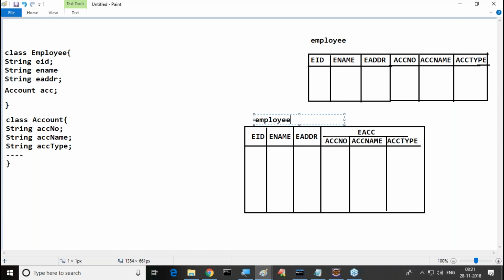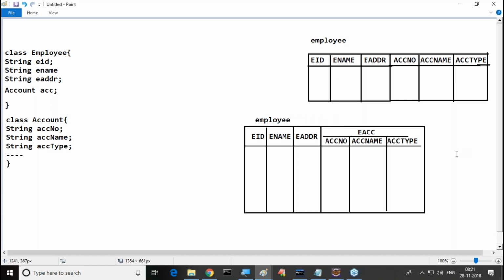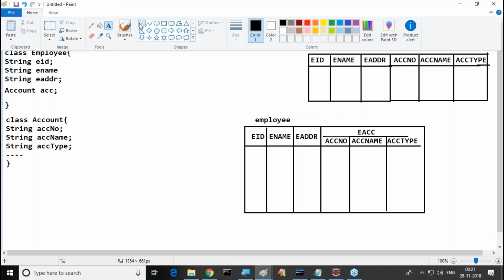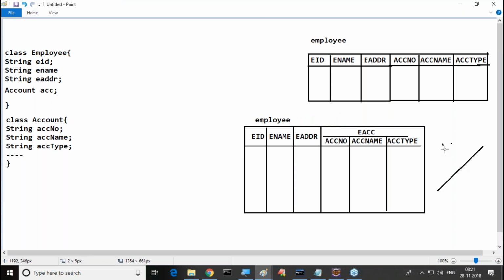UDT means user-defined data type. There is no guarantee for these user-defined data types. They may be supported, may not be supported. There is no guarantee for it. But if you come to this particular one,